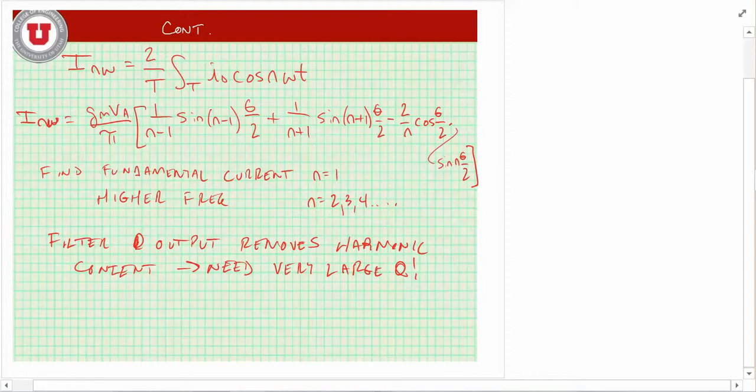Okay, so in the next set of notes, we will finally calculate what the efficiency of the amplifier